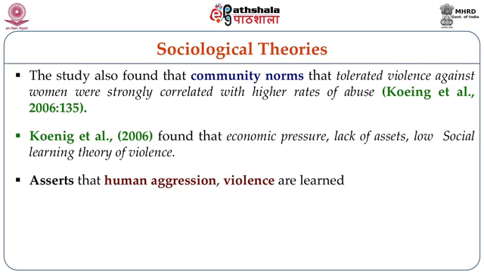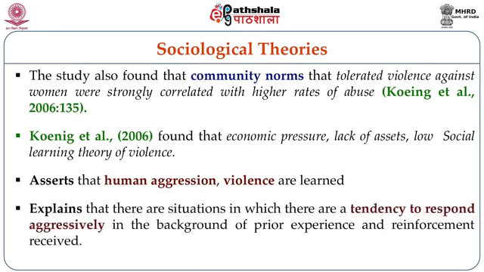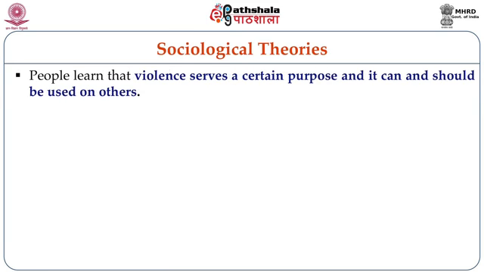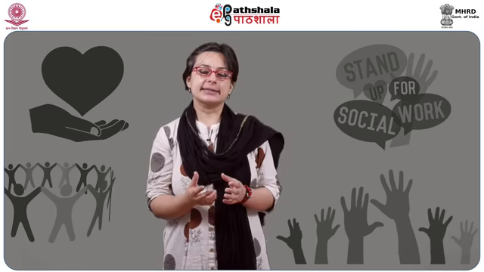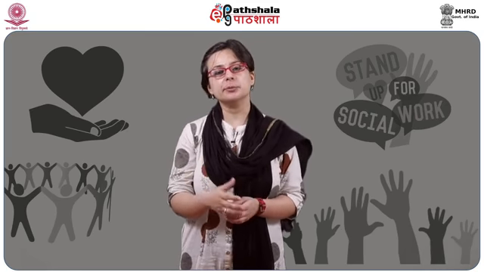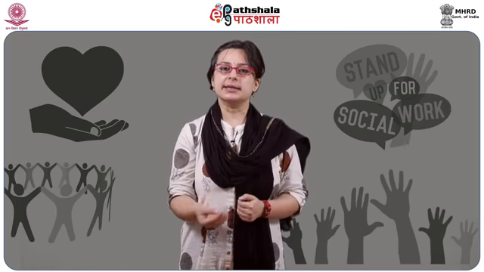This asserts that human aggression and violence are learnt. It explains that there are situations in which there is a tendency to respond aggressively in the background of prior experience and reinforcement received. People learn that violence serves a certain purpose and it can and should be used on others. So what social learning theory is saying is that when people grow up in households which are violent, or when they see other people being violent and they see that violence serves a purpose, they are likely to repeat